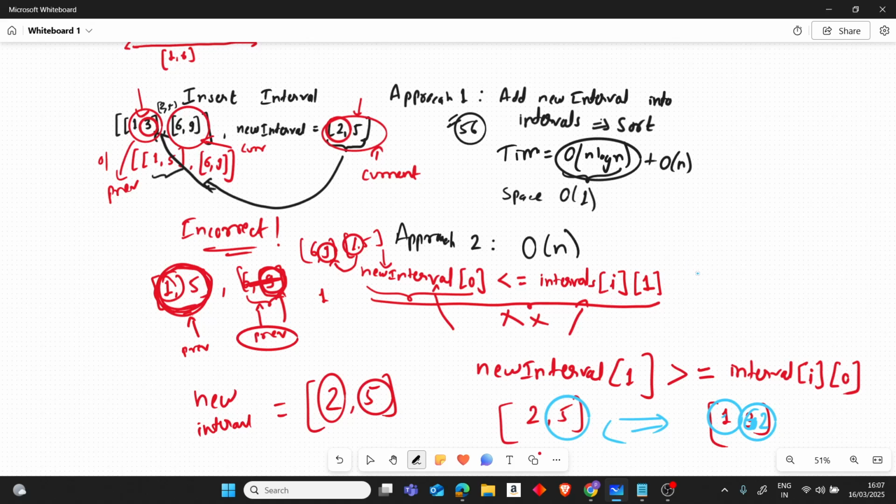Let's take the same example, but after the first iteration. We know that these two are overlapping, so we will merge them. It was 1 3 initially. After merging 1 3 and 2 5, we will get 1 and 5, correct? So in the next iteration, we have to check whether this 1 5 and the next one, 6 9,